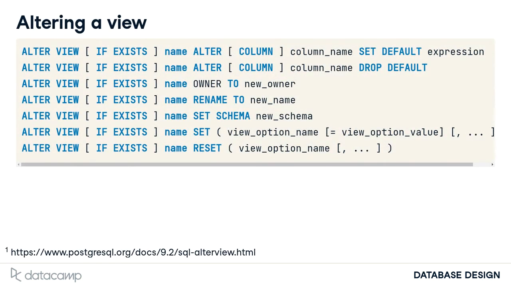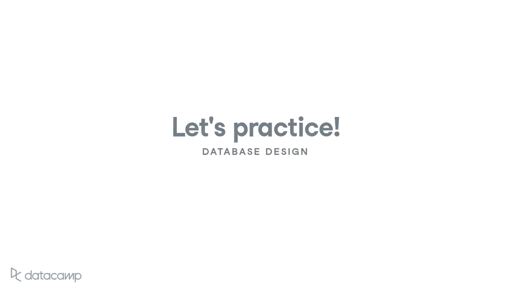Last but not least, the auxiliary properties of a view can be altered. I list the various options here. This includes changing the name, owner, and schema of a view. Okay, let's see